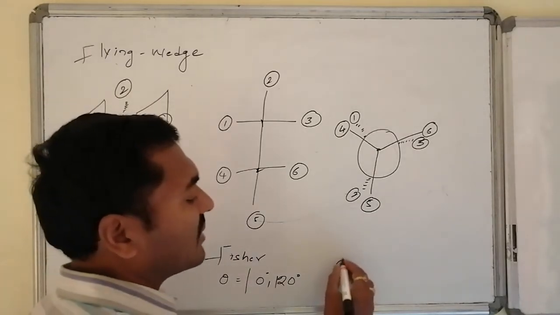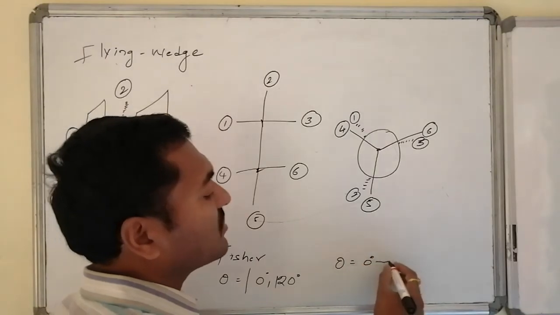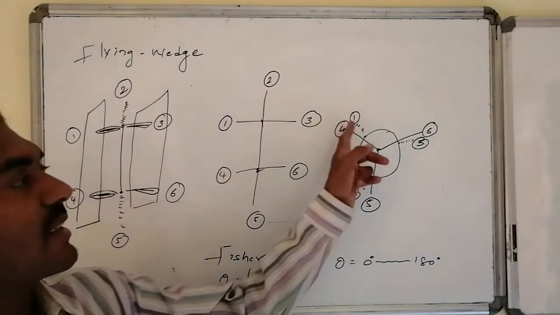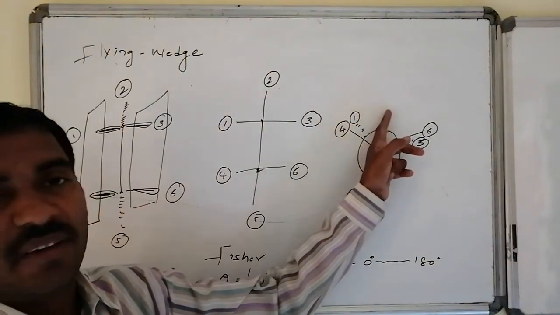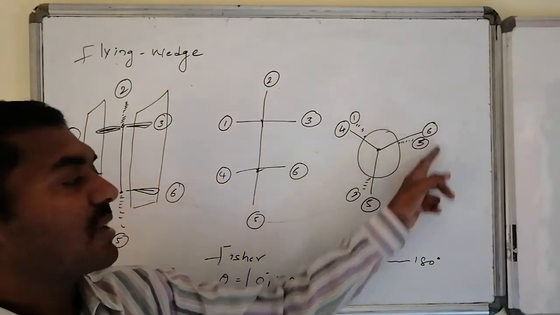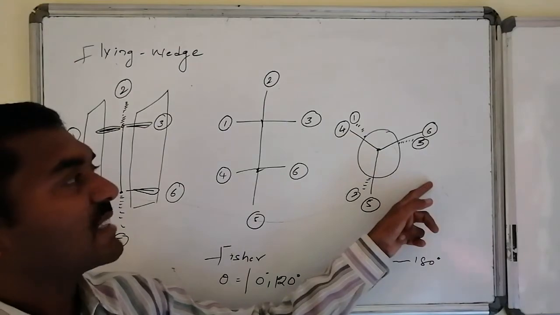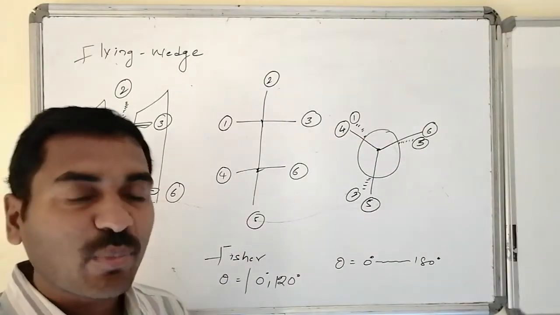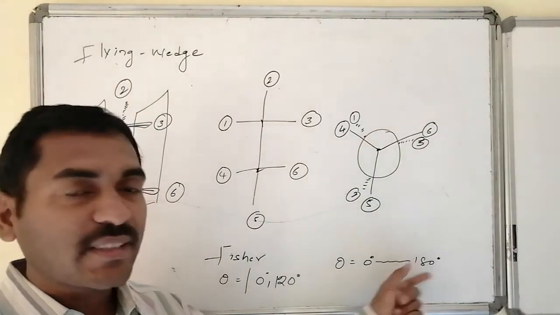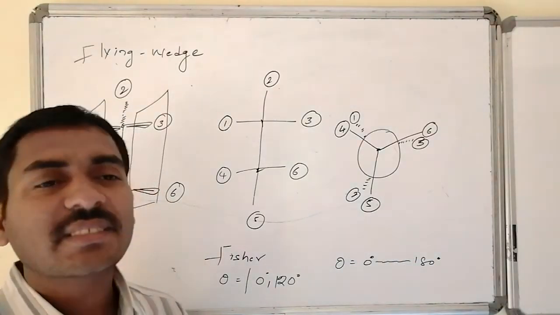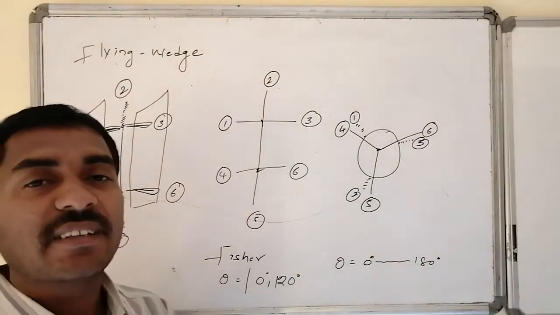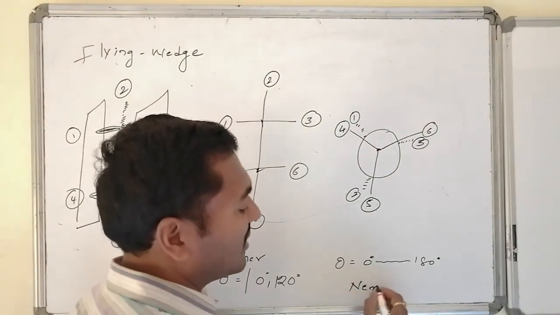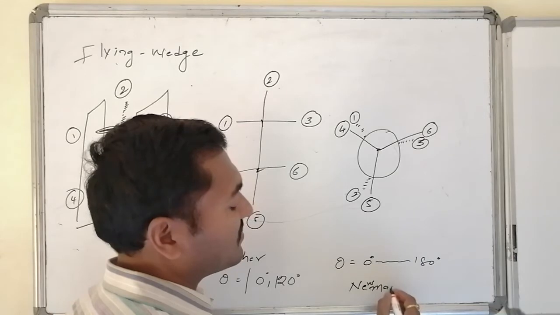Suppose theta is equal to 0; from 0 to 180 degrees I can change. So one can come here, another may come here, one can come here, similarly one can come here. Like this, the maximum angle of separation between the expected valencies can become 180 degrees and the minimum can become 0 degrees. Such a facility is present, and this way of representation was invented by Newman, hence it is called Newman presentation.